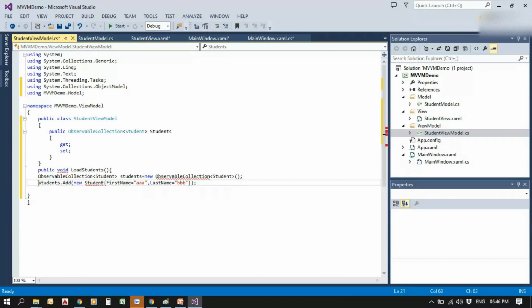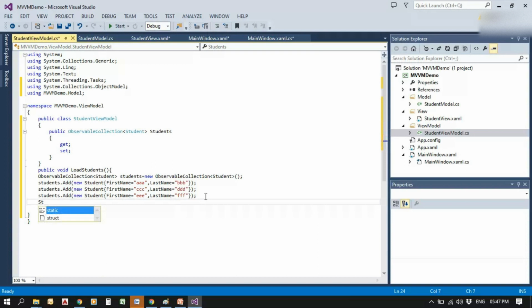And we can give some more data. Students equal to the student.